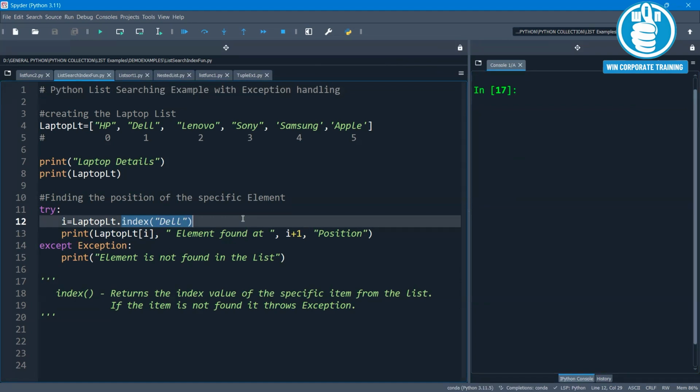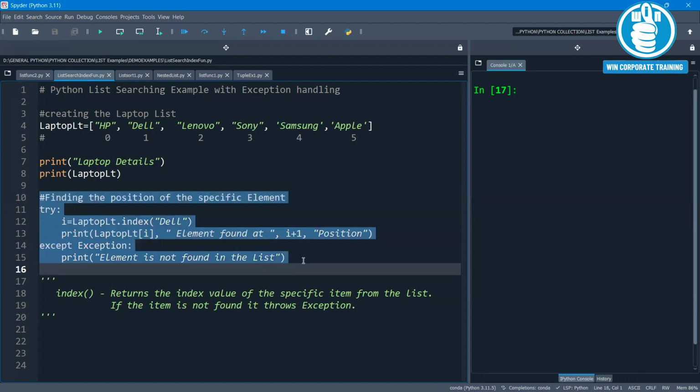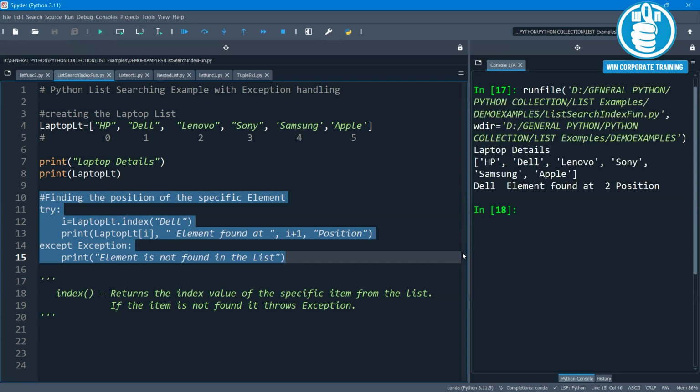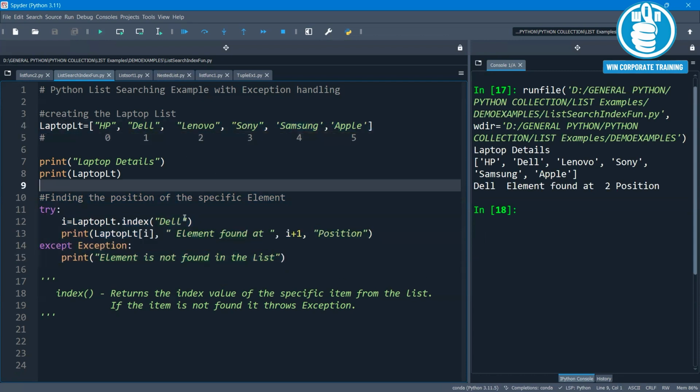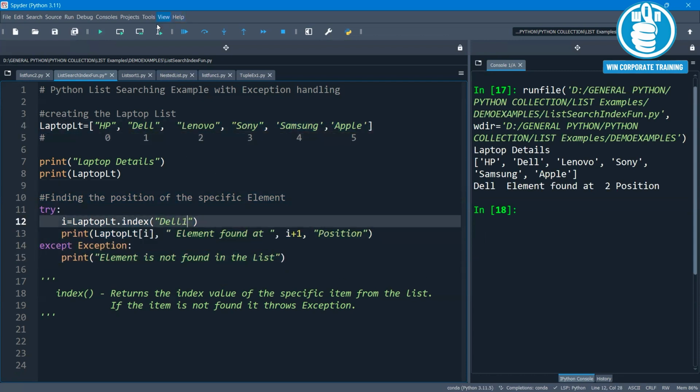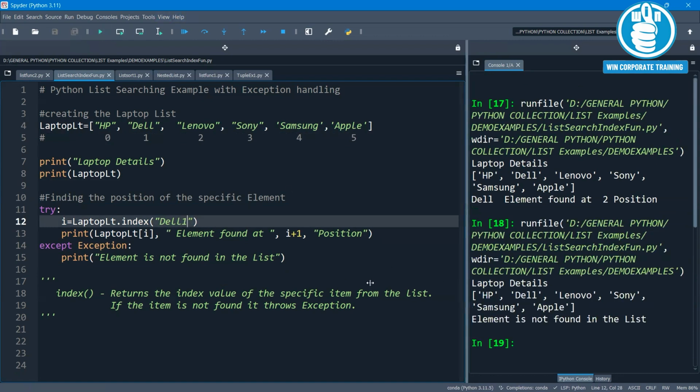It will throw the exception. So therefore, you can see here we have used the index function with try and except block to catch those exceptions. So for example, now it is coming like the item Dell is found in the list because we have this item. Then I'll just change the item name to Dell 1 and we will be checking now. See, the message is coming. Element is not found in the list.